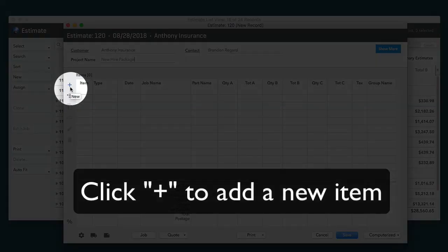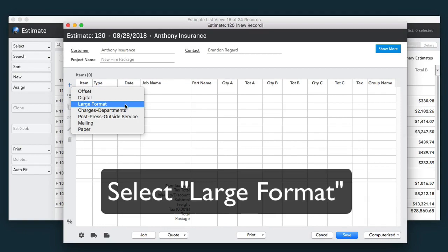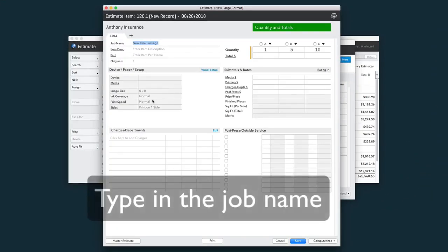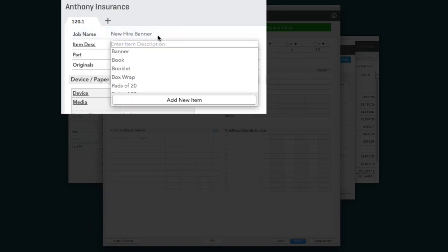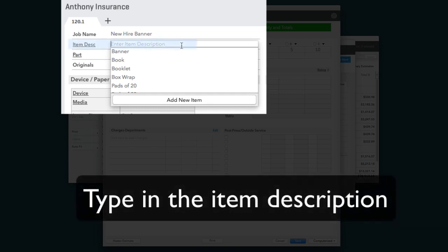Click the plus button. Select large format. Notice my project name came into my job name, so I can click at the end, erase package, and type in banner. If I use my tab key on my keyboard, it drops me down to my item description, where